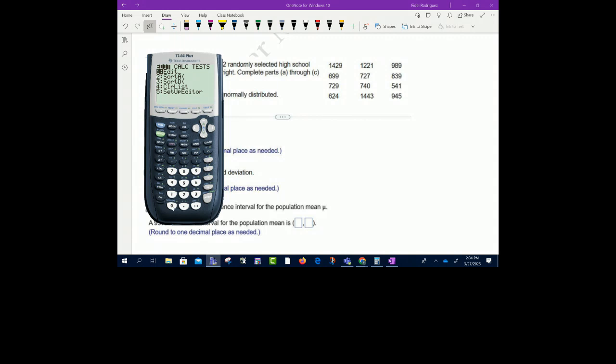We're going to go to stat. We're going to go to edit. If you need to clear your list, y'all, just go up to the top to where your L1 is highlighted. Hit the button that says clear, hit enter, and it should clear everything out, okay? Y'all, I'm going to go left to right. So I'm going to go 1429, and then 1221, and then 989, and then 699, and then 727,